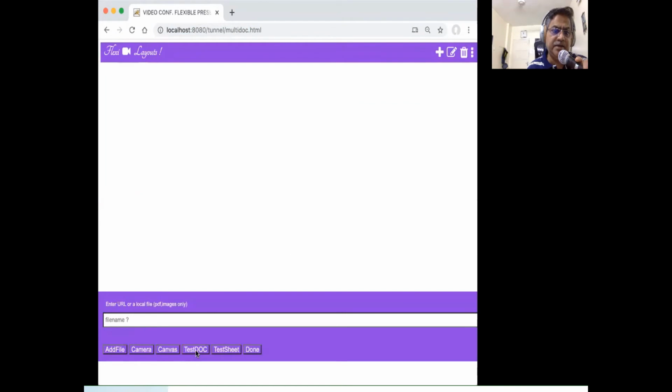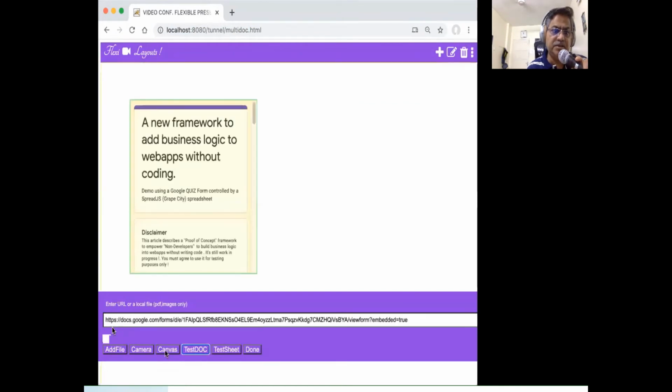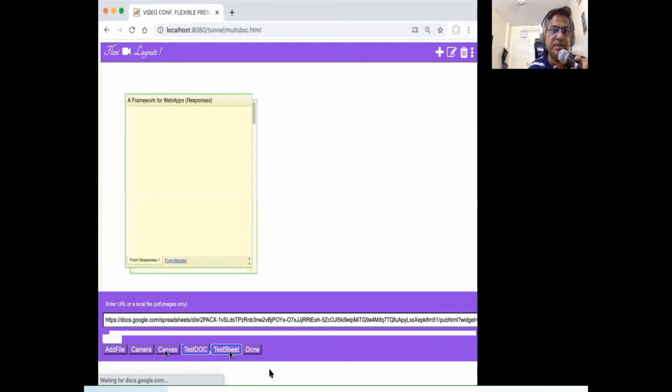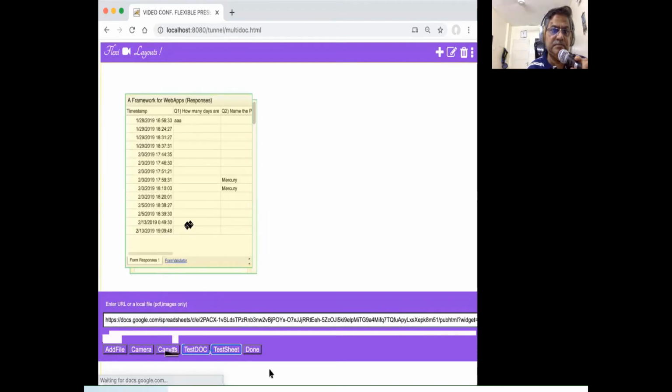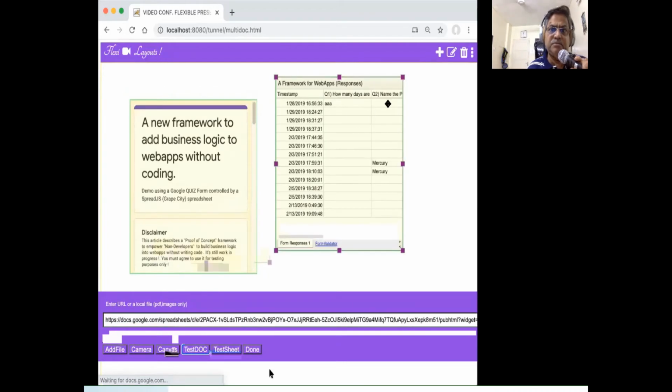I can add a test document. Now this test document has been sourced from Google Drive, as you can see down here. The same goes for the test sheet. Yeah. I can move them around.